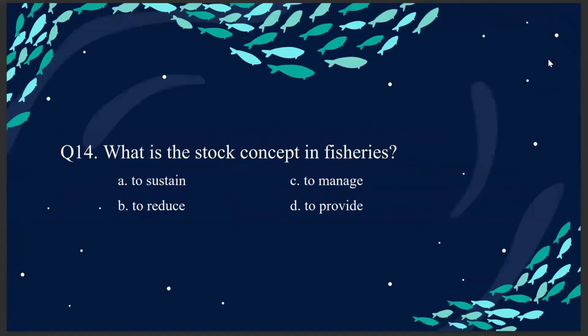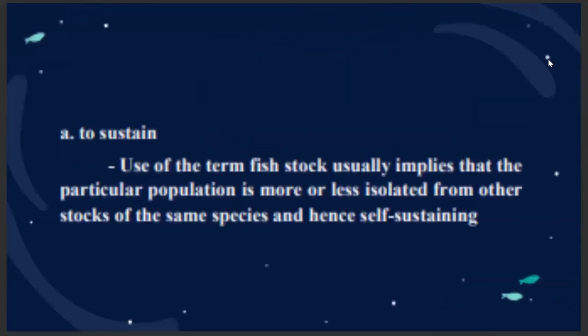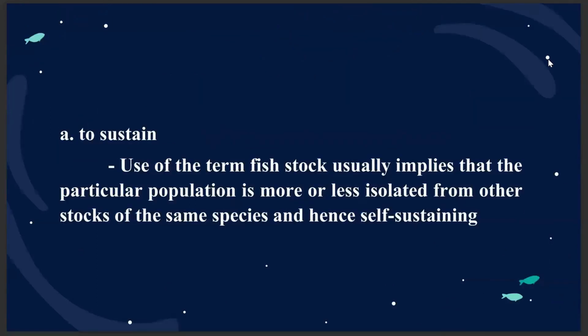Question number 14. What is the stock concept in fisheries? A. To sustain. B. To reduce. C. To manage. Or D. To provide. The answer is A. To sustain. Use of the term fish stock usually implies that the particular population is more or less isolated from other stocks of the same species and hence